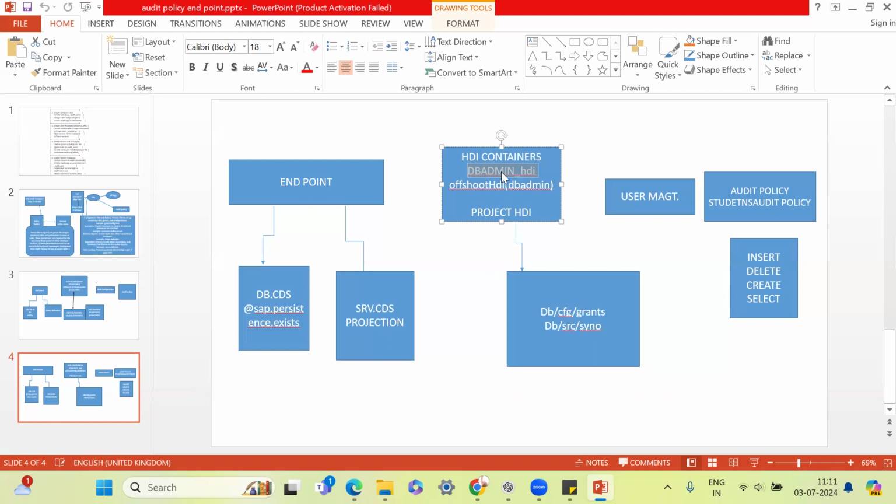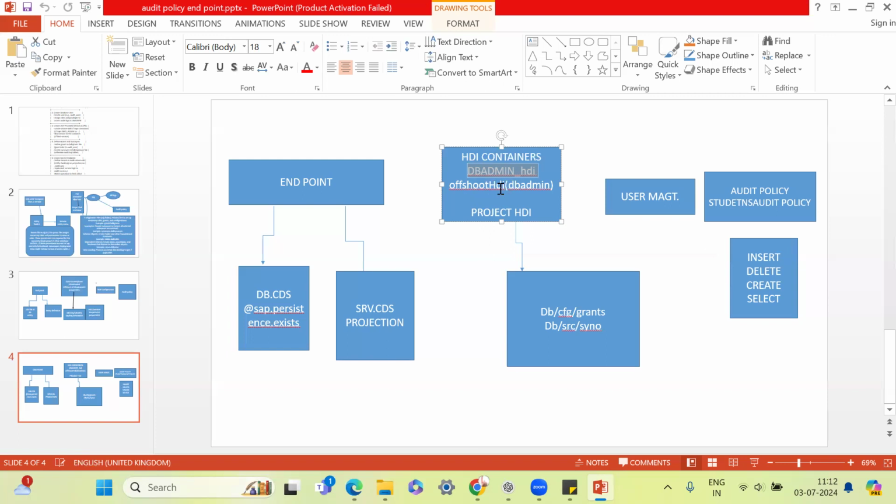We want to use DB-admin, which is already there. So you don't require a separate project to make a project 1 and then pass the information to project 2. DB-admin is already there. So in order to connect the two, we need to make an offshoot of the HDI container, the DB-admin HDI container. It is very synonymous to an HDI container, but it's a user-created provided service, a user-created service, and that's an offshoot of the DB-admin, where it will have